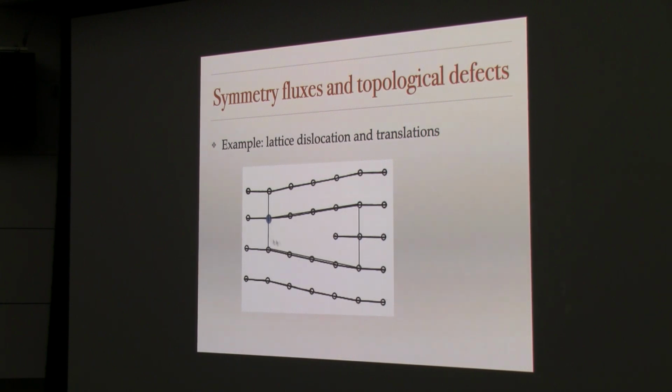But when I go around this symmetry defect, something has happened, and what has happened is I have been translated by one lattice site. And so this is a basic picture of a general phenomenon: you introduce these defects, and these defects act on the particles as they go around them, carrying out this symmetry action. Okay, good.